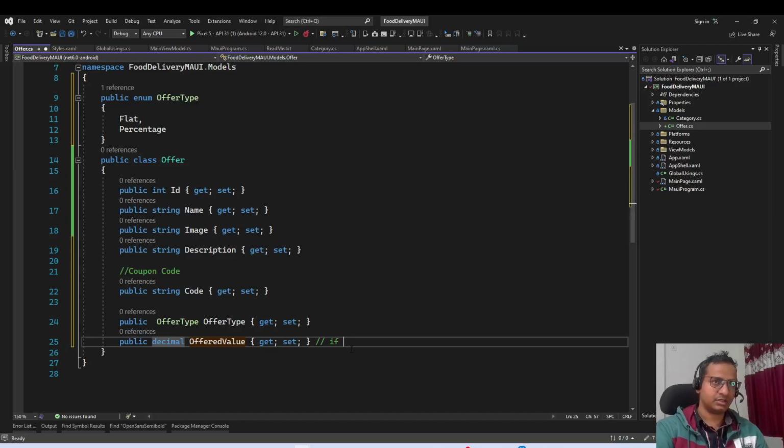if type is flat, then let's say the value is, let's assume the value is 20. So how it is going to work, if the type is flat, it will indicate it's flat. I'm from India, for me currency is INR, so for me it will be 20 rupees off. And